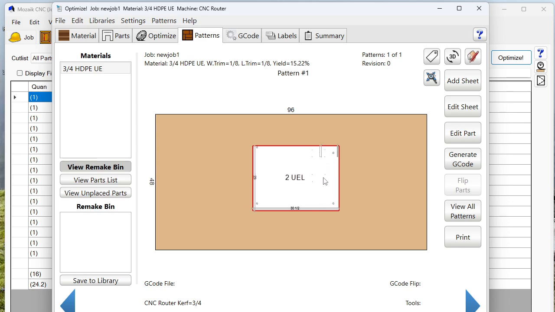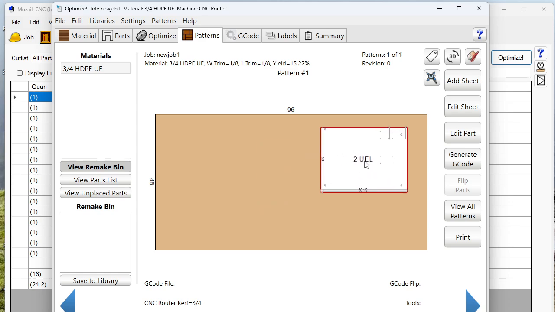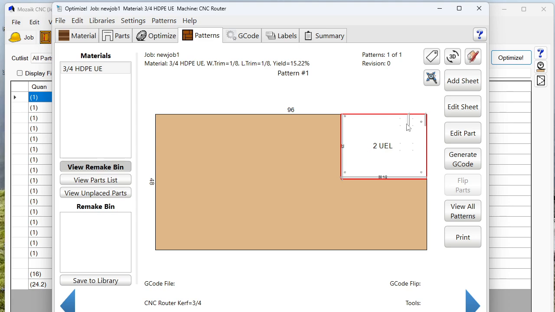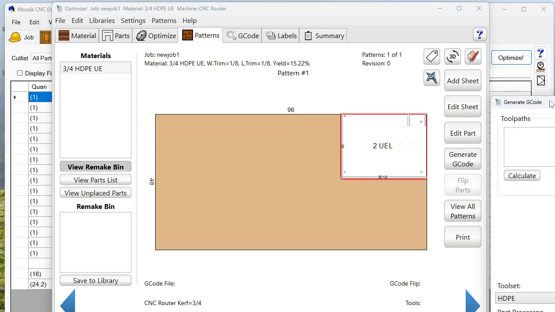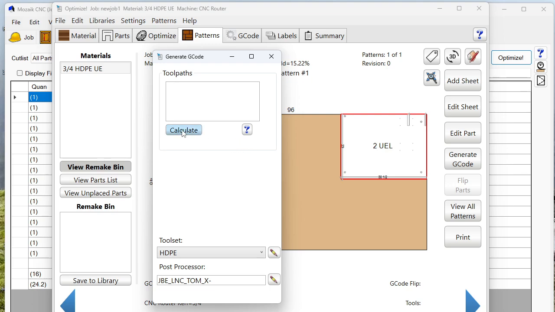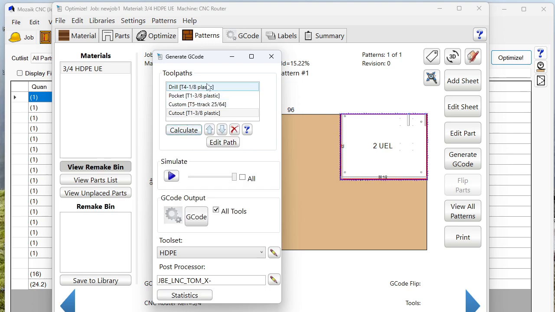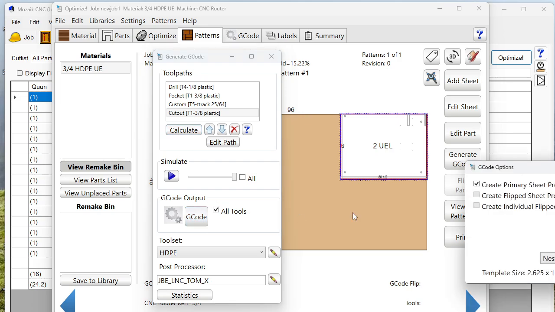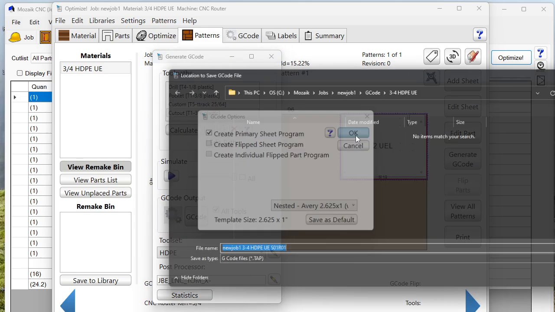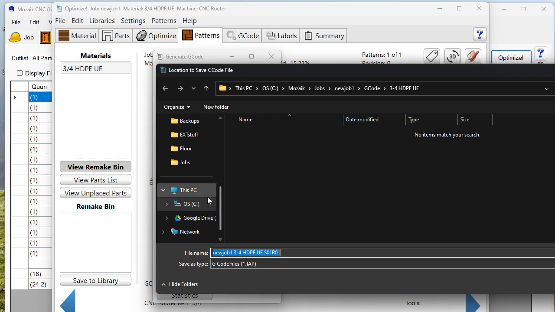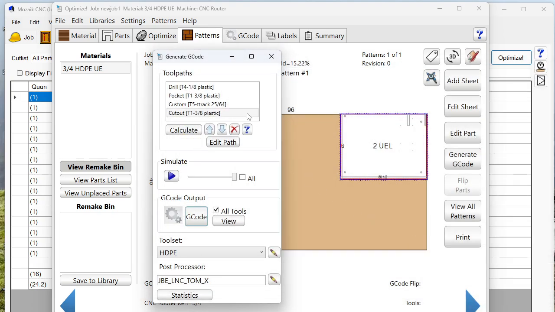So assuming all these operations are correct, we're going to just stick it in the far right corner, which is our 0 of our machine, and we're going to generate our G code. Hit calculate. So we're going to save the G code, hit OK, and then save our G code in the right folder. Now if we were just correcting